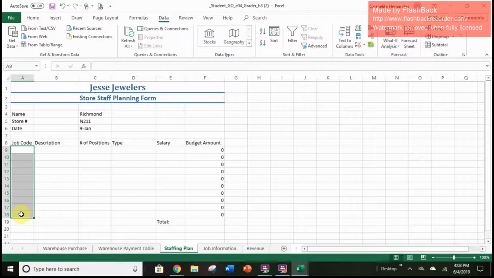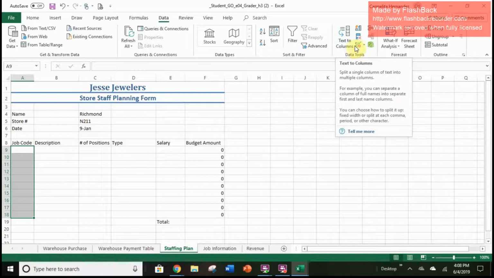Sometimes when I read these directions it doesn't make sense, but you kind of got to break it up. So let's start with the first thing. We highlighted A9 to A18. And we're going to click on our data tab right here. Oh, looks like we already clicked on it. We're going to be dealing with the data tools group right here. And we are going to go to